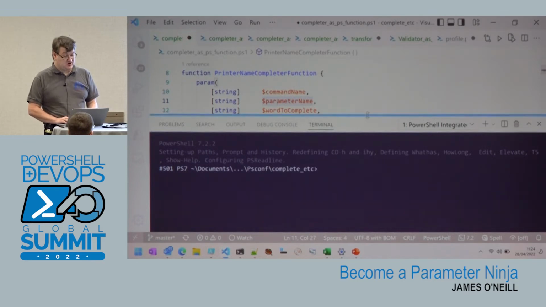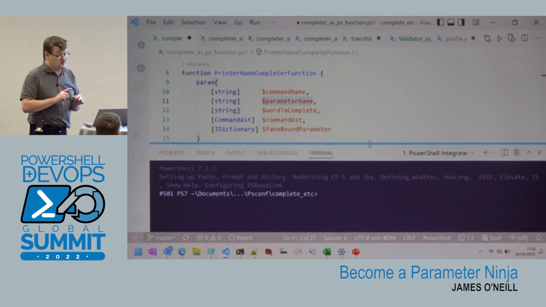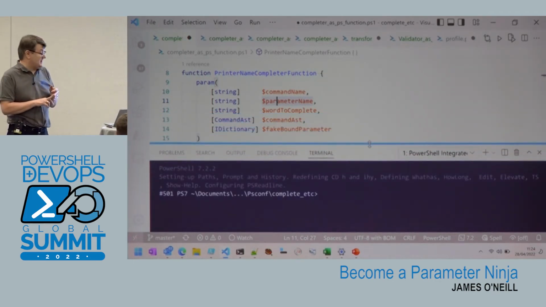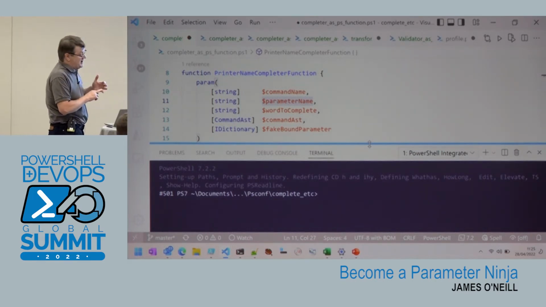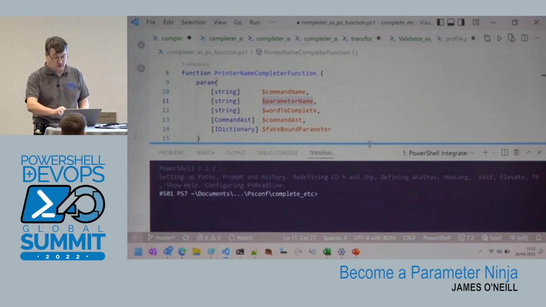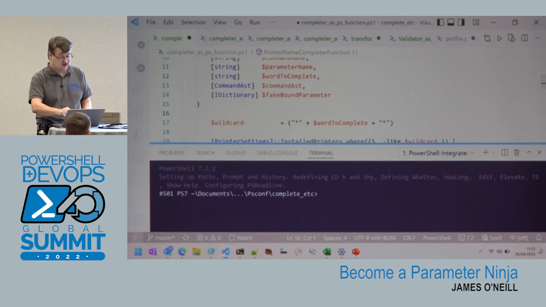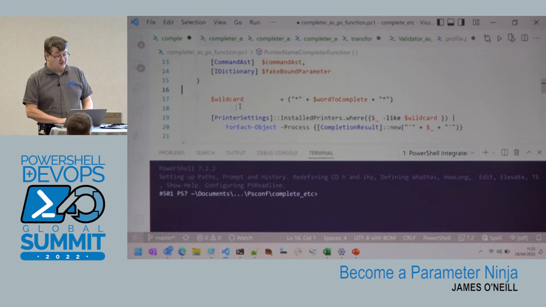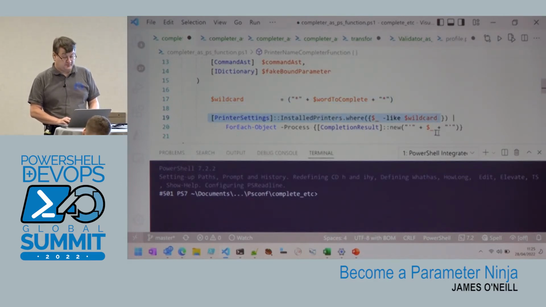Now, these completers always take the same arguments. So the command, the parameter, what's being completed, something called fake bound parameter, which is the other parameters on the line, and then you can see the abstract syntax tree of what's being called. And I have never, in all the time that I've been doing this, had a use for the abstract syntax tree in here. So I define a wildcard, which is the word to complete with a star either side of it, and then I go and find installed printers that match the wildcard.